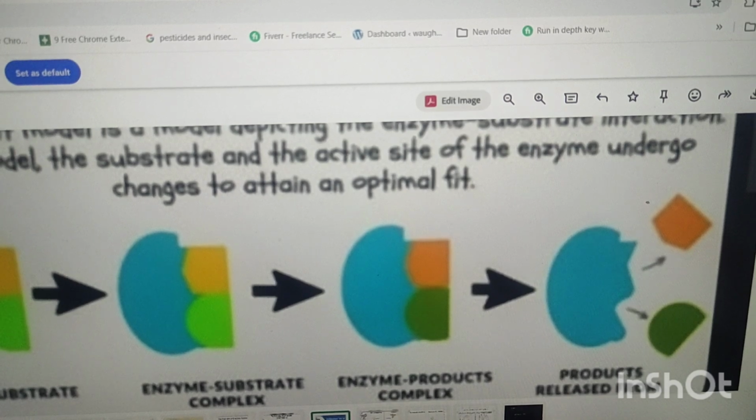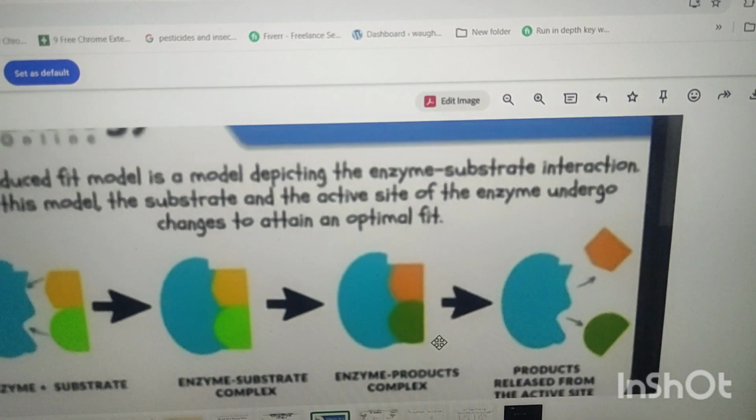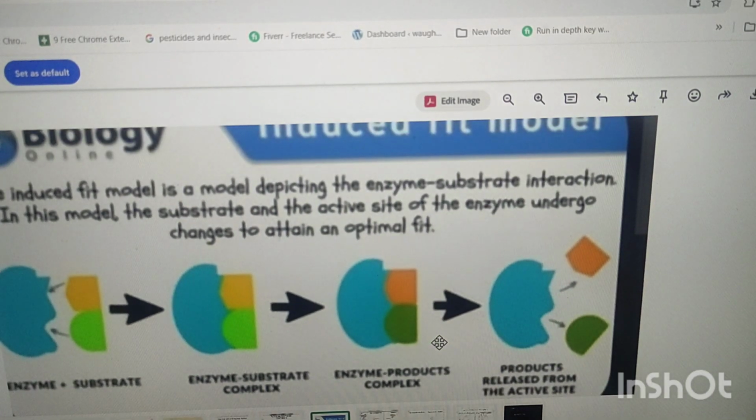not just similar, but after that the enzyme slightly changes its shape according to the shape of the substrate. Now the enzyme-substrate complex will be formed. After the catalysis process, the enzyme-product complex can be noticed, and when the product is completely formed, both the product and the activator will be separated from the enzyme. So this model also explains the slight shape flexibility of the enzymes.